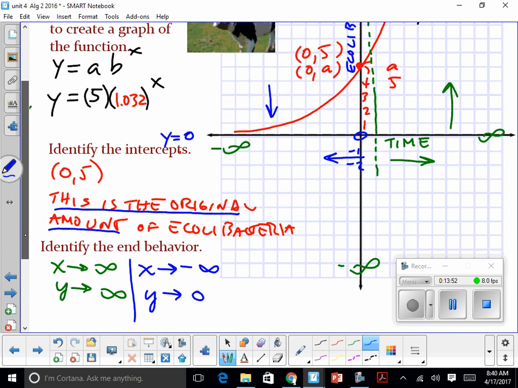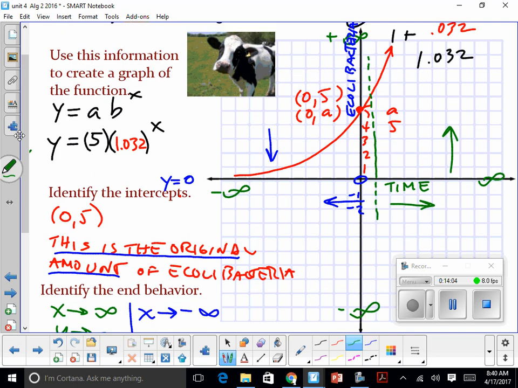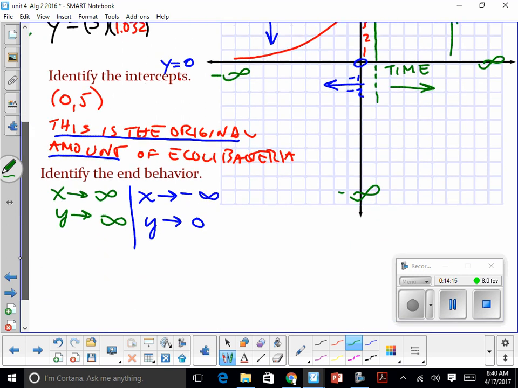What does the end behavior mean? The green stuff is what we're looking at. The blue stuff doesn't matter because the minute you hit here, the wall, you can't go back in time. You can't go to negative time right before you're born. So as time increases, the bacteria increases. As time increases, the flies increase. As time increases, the money increases. As long as that arrow's flying up, as time increases, and this is for the green,